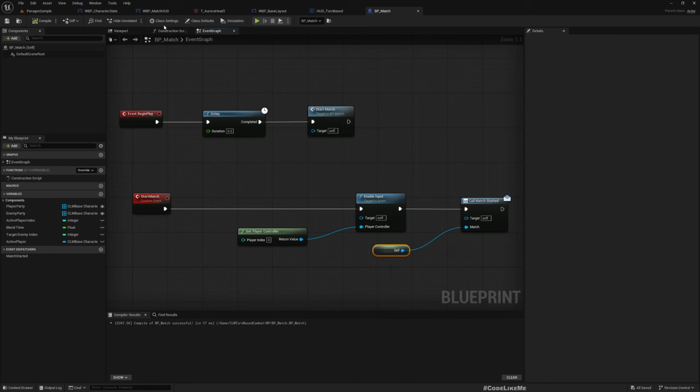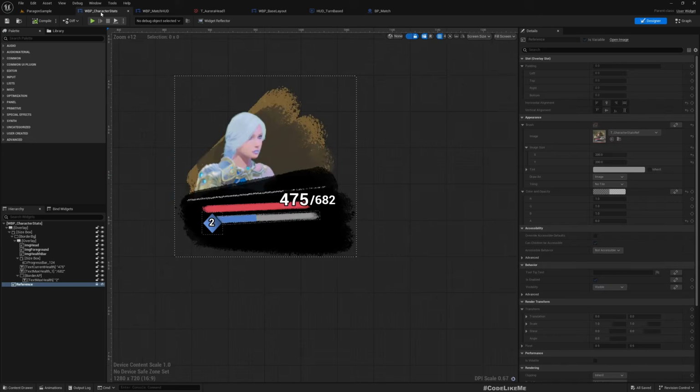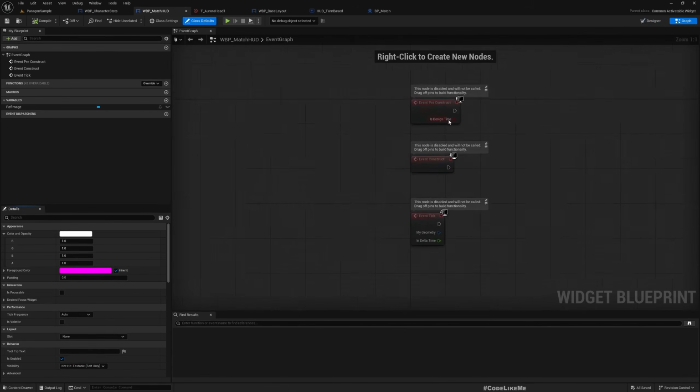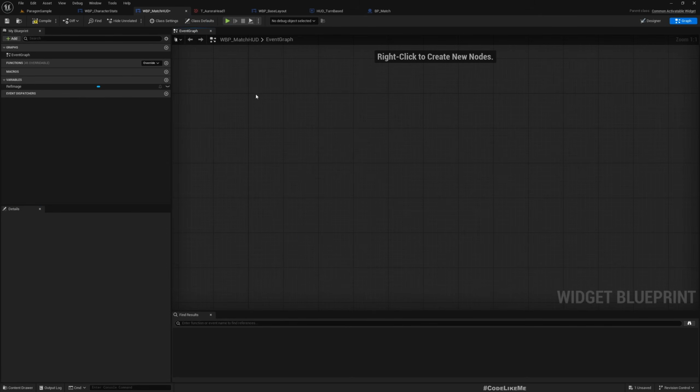Right, now inside the WBP match HUD, here, this is a common activatable widget, therefore I'll use onActivated